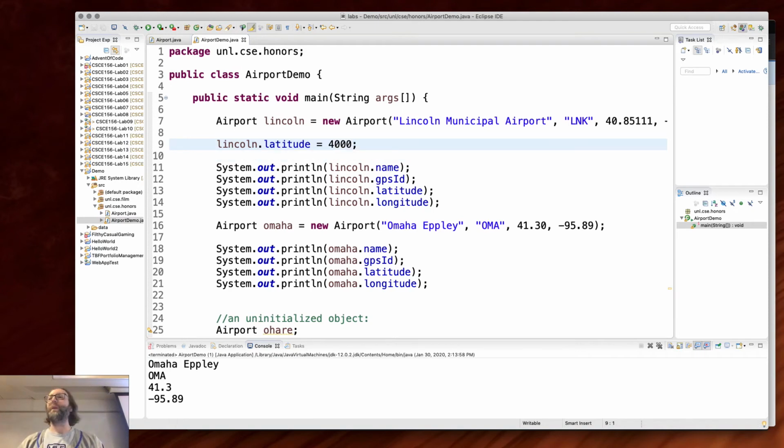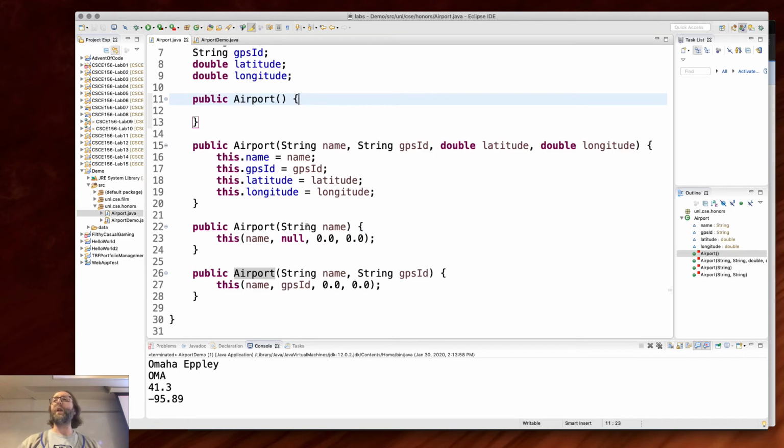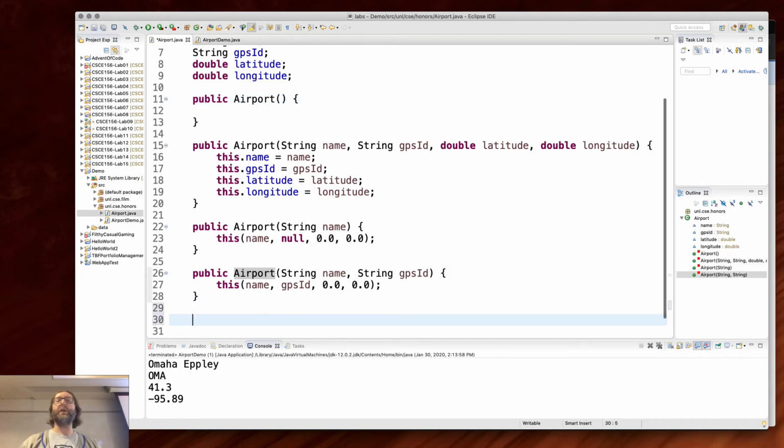Okay. What I want to do is I want the ability to control the values that are set in my class. I don't want just anybody being able to see it, because if anybody can see it, anybody can change it. And if anybody can change it, you need to test for the eventuality that somebody will change it. Right? And that is way too complicated, way too unpredictable. I want predictable code. So what I want to do is I want to control access to my variables through getters and setters. So public